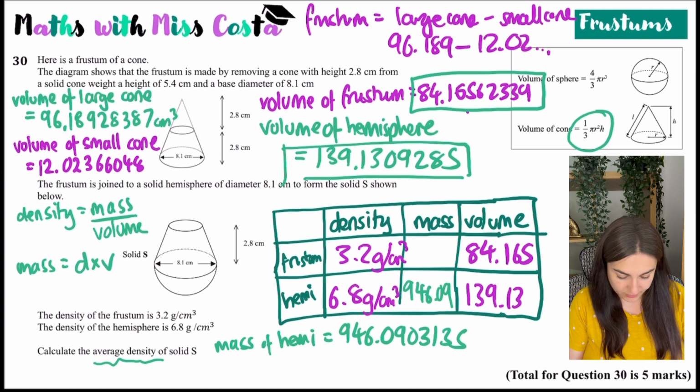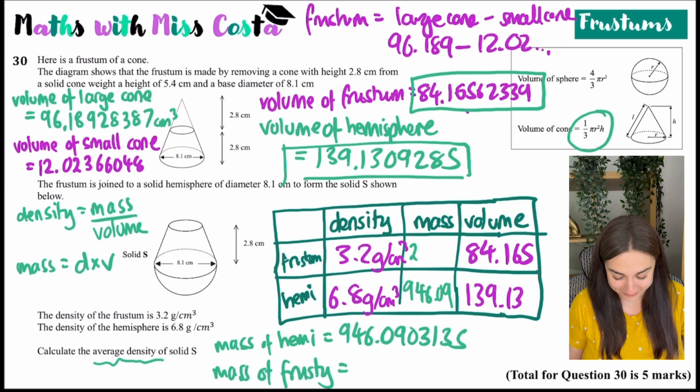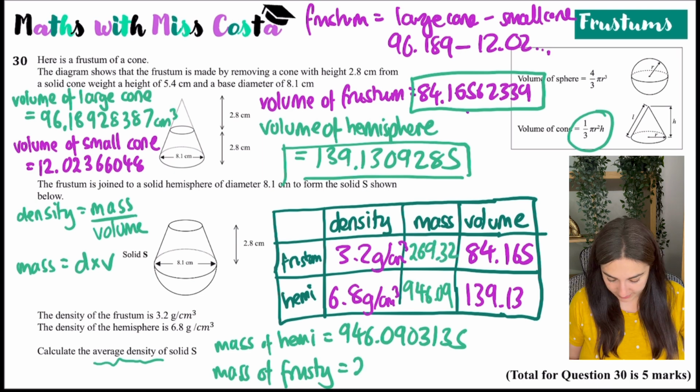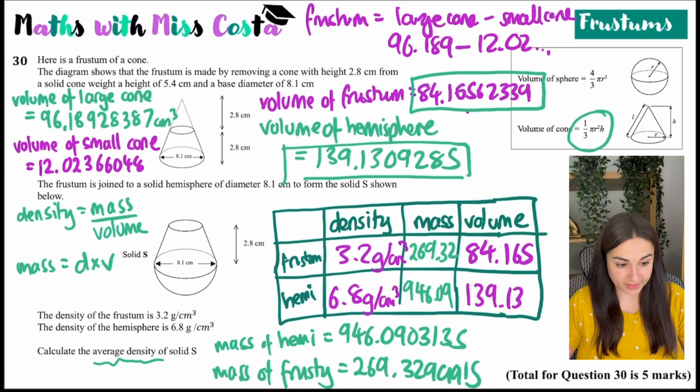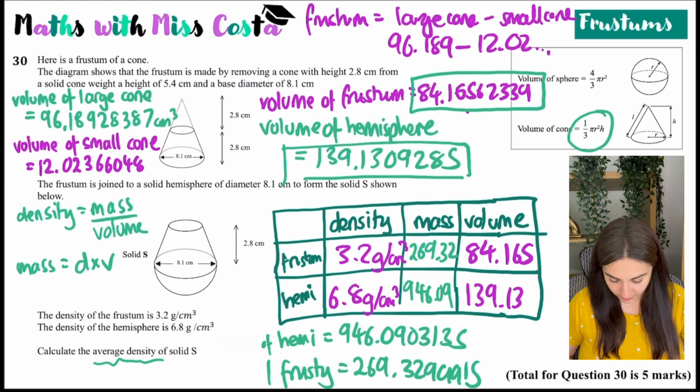And then I've got 84.16562339 times 3.2, which is 269.329915. Let's write it here. Mass of frust, I'll call you Frosty because I think I'm slightly unhinging. Right, so we've got the mass. So let's add the two together. So plus 946.09 equals, right, so the total mass